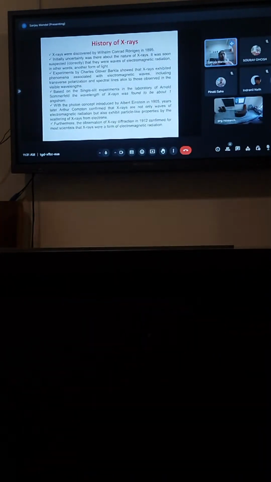Okay, so this is over 120 years, 25 years, that we are talking about. But it was not clear in those days what is X-ray. Is it electromagnetic radiation or another form of light? And then many other experiments have been done. And interesting enough, this experiment by Arnold Sommerfeld with single slit experiment finally shows that X-ray had wavelength about 1 angstrom